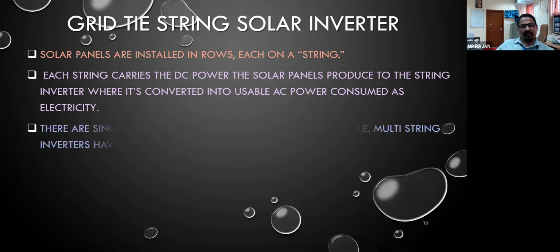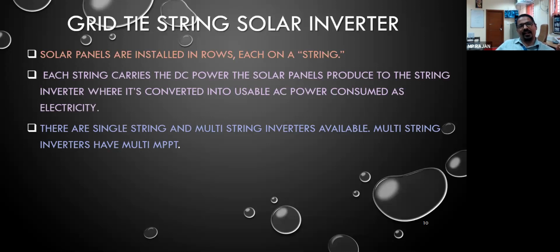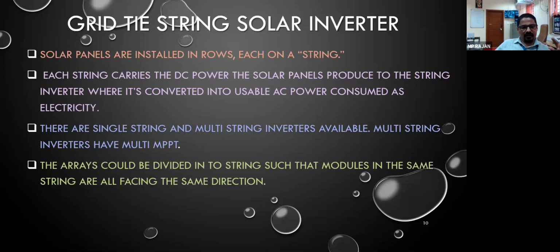Okay. So each string carries the DC power from the solar panel, and the inverter is converting the supply of only that particular string. Okay, and strings are also of 2 types, single string and multi string. So 2 strings also can be connected to one string inverter, but with a difference, that the inverter should have 2 MPPTs. That means 1 MPPT can be used only for one string. आपको जितना स्ट्रिंग कनेक्ट करना है एक इन्वर्टर में उतना आपको MPPT coil भी. Okay, so it can be a 3-phase or single phase string inverter.